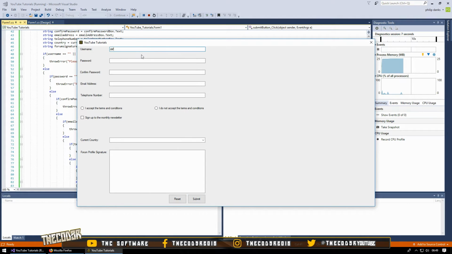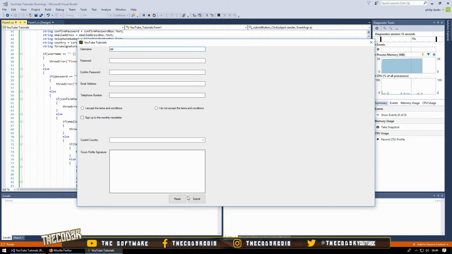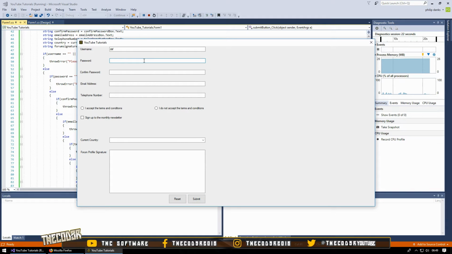Okay, so if we enter 2, then it will come up again. If we enter 3, please enter a password. So it's matched that one and it's met all the criteria, so it goes on to the next one. So I'm going to go ahead and type A for the password,